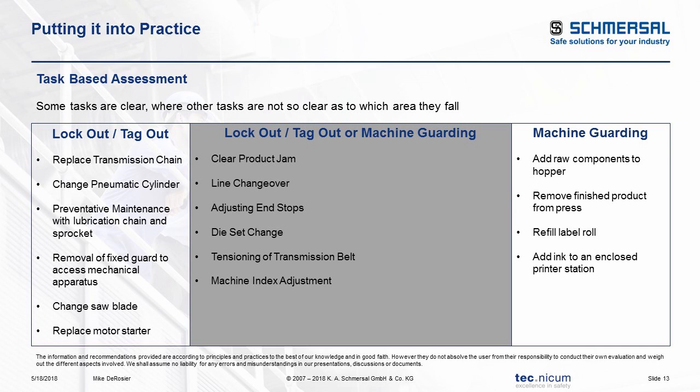Refilling labels on a printer, a label printer. Adding ink, such as printing presses. Anilox rollers need to keep on running, but if the Anilox rollers and the trays are effectively guarded, hey, the printer can keep on running if you got a spout to be able to fill ink up, or if you have to open up a door, you stop the Anilox rollers, fill up the ink tray, close the door again because it's interlocked. You can proceed with your normal operation and minimize downtime, maximize your uptime. We all want to be producing and making money, but how do we do it effectively, efficiently, and safely at